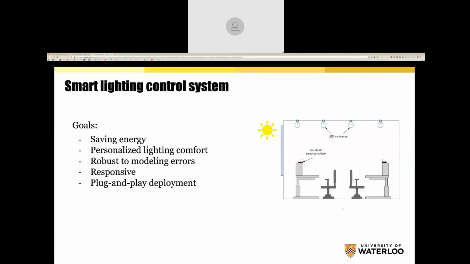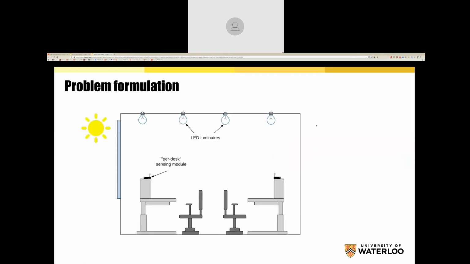And then we want to make it plug and play, because one of the biggest issues with deploying any system in the field is that nobody wants to change. They don't want to have to change how they do things. And so what we want is the ability to somehow drop into what's already there. So this is what we envision. Imagine that there's an office such as this, which is in this case a shared office, and there are some existing light fixtures like this. We want to just take those light fixtures out and put in new light fixtures, which happen to be smart light fixtures. And this is not a dream. You can go buy them today. For example, the Philips Hue light fixture, which I'll show in a few minutes.